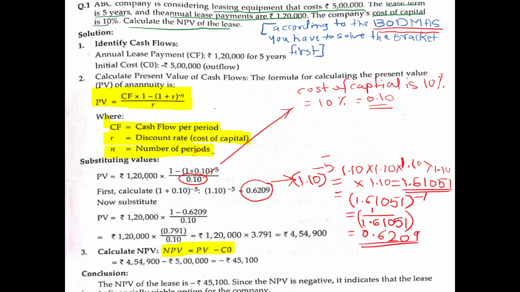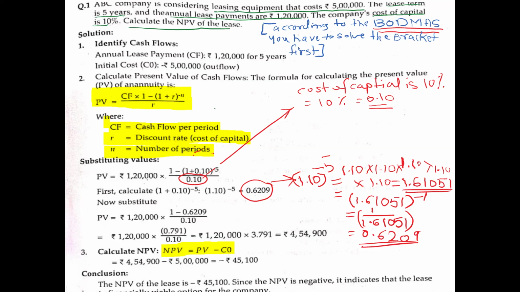Now (1.61051) raised to minus 1 means we are going to divide 1 by 1.61051,